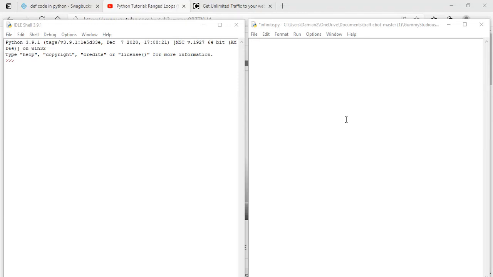Okay, I'm still experimenting with loops in Python, kind of infinite loops of code. How can you do that? I've been working on this for quite a few days. It's quite tricky. So I've got a new idea, and that's using the range for i in